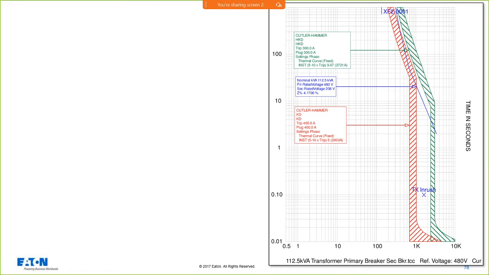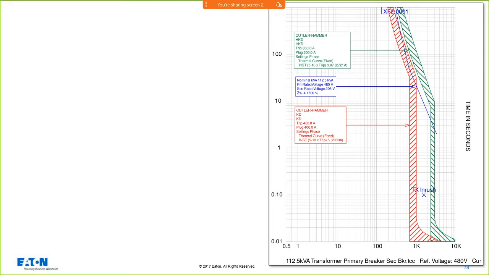Now this is the primary and secondary circuit breakers. These are two thermomagnetic circuit breakers. I have a 300 amp, which is the maximum I could possibly have on that transformer. And I have a 400 amp panel board, which is the maximum that I can put on the secondary. So what that's telling me is,